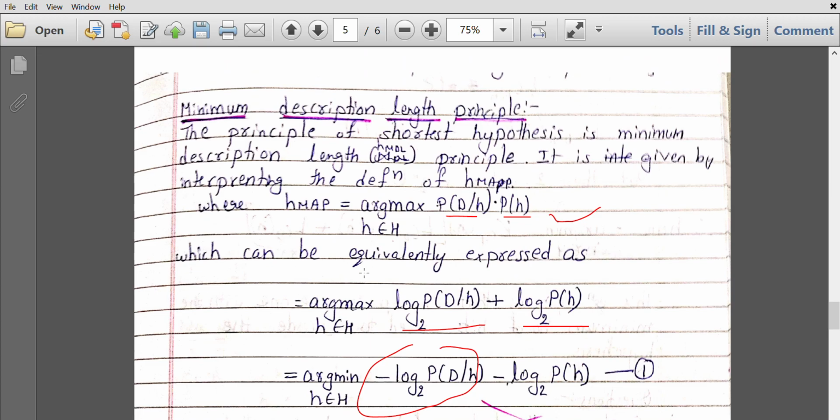This is going to be asked for 4 or 5 marks. So if you have any doubt in this,